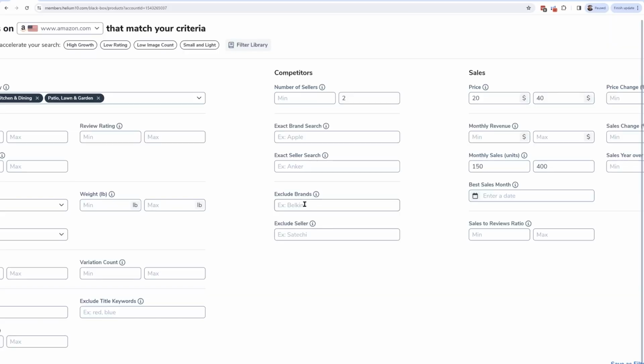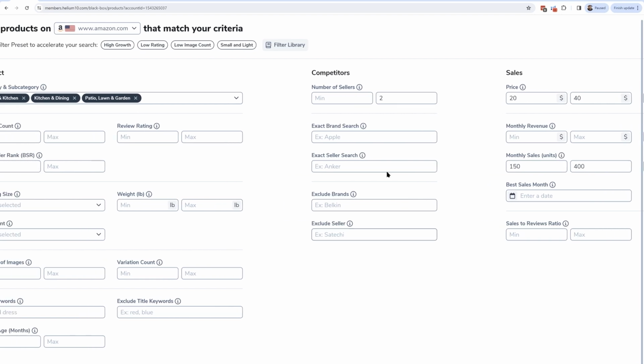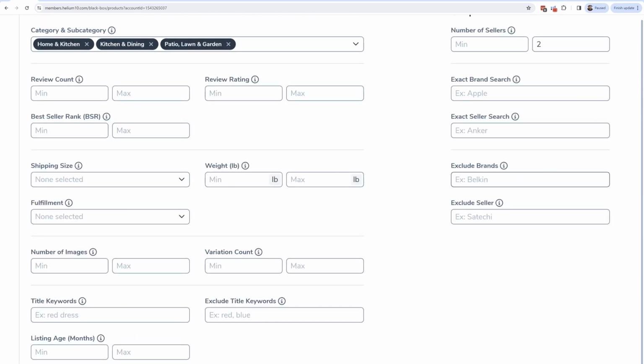If I wanted to, I could also do brand search and seller search. I'll show you guys how to use that in a little bit here, where I can exclude brands and I can exclude sellers. Now, personally, I also really like doing review count because when you list your product for the first time and it's brand new, you will have 0 reviews and you need to be able to stack up to your competition, right? I'm going to say that I'm looking for products with a maximum of 150 reviews,